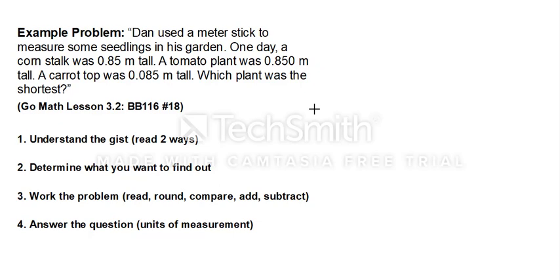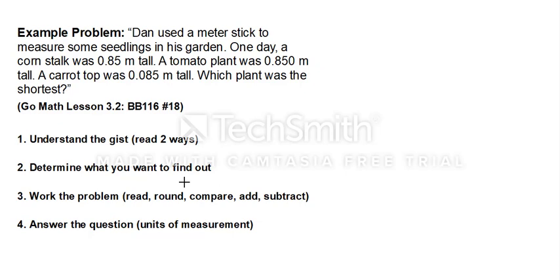I'm even starting to compare the corn and the tomato plant. A carrot top was 85,000 meters tall. I'm also thinking about that in comparison to the other two plants. Which plant was the shortest? Okay, now that I've done all of that and I know that Dan grew some things, the tomato plant is 850,000 meters, the carrot top is 85,000 meters, and the corn stalk is 8,500 meters tall, I'm thinking also that